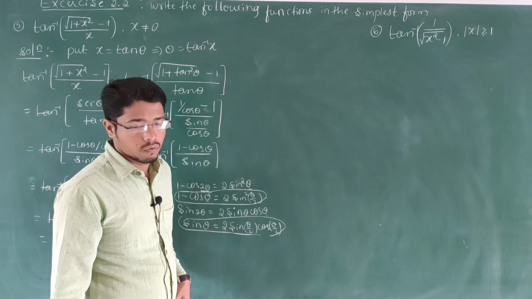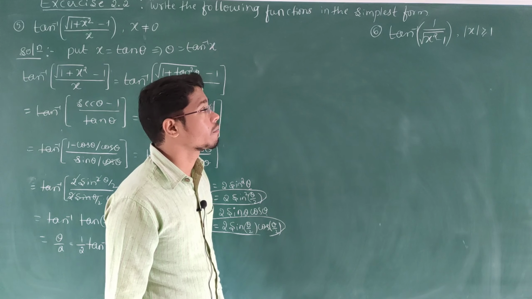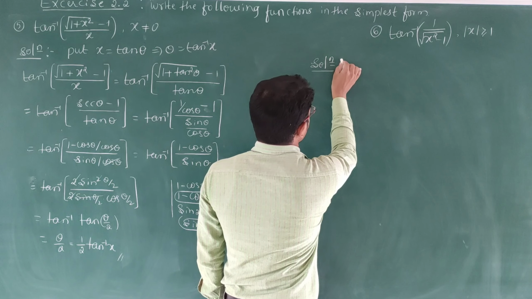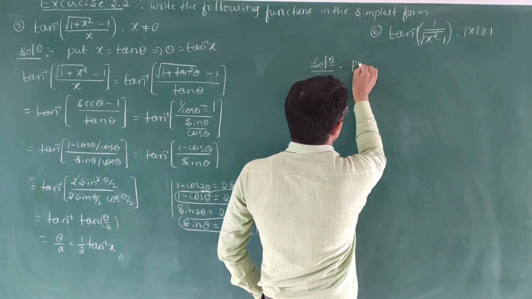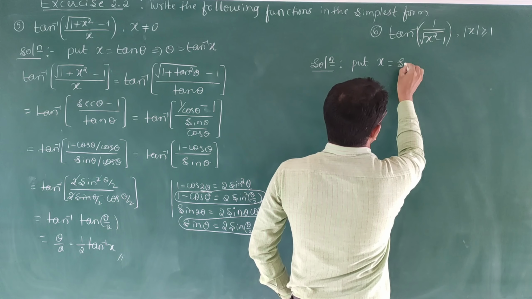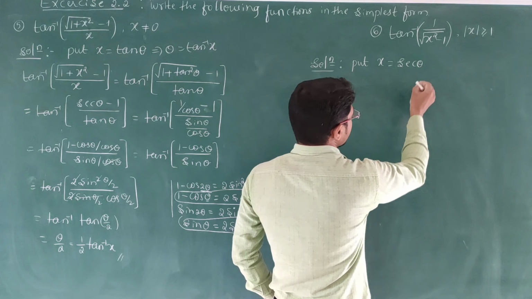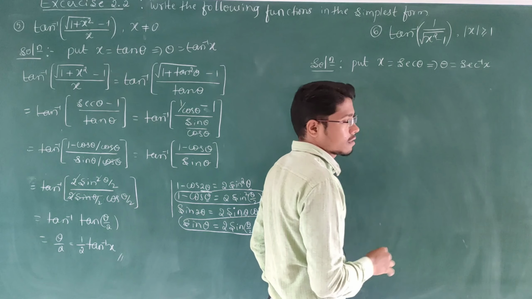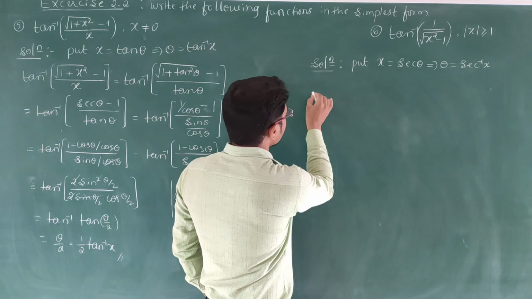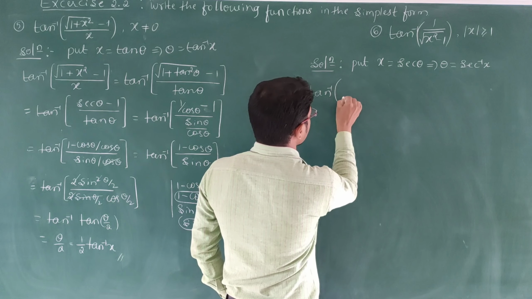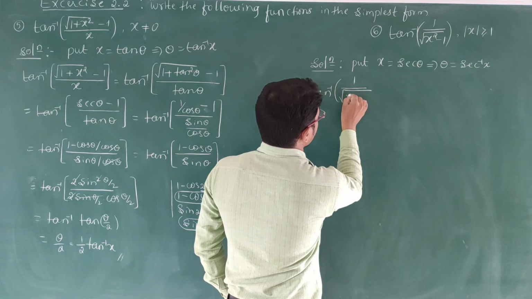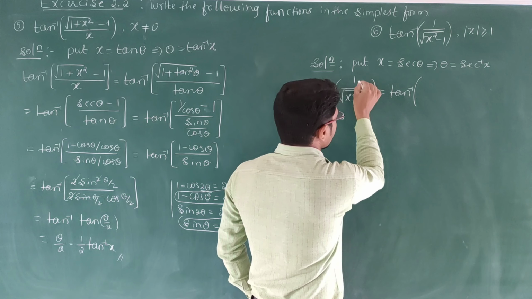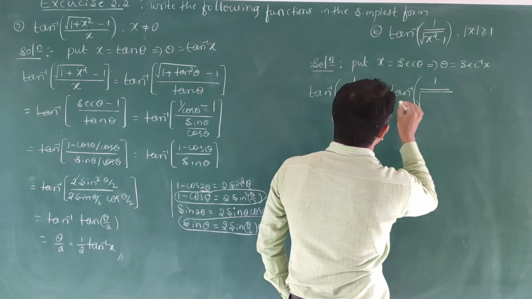Tan inverse of 1 divided by square root of x square minus 1. See the substitution for this. Put x equal to sec theta. So this implies theta equal to the sec inverse of x. Put that in: tan inverse of 1 divided by square root of x square minus 1 is equal to tan inverse of 1 divided by square root of